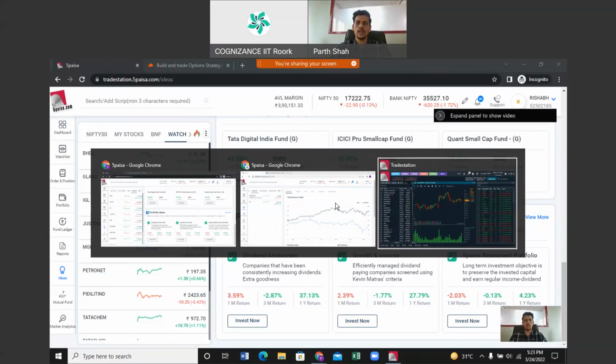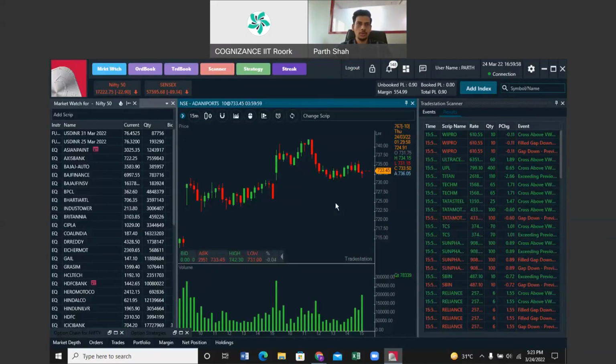I'll quickly make you go through our desktop trading application. This is a more advanced application with respect to the trading. The whole point for developing this particular application was for high-end traders who are trading with very high frequency. This platform is particularly for them, as well as a normal trader can also use this platform. So if you see, the left hand side is the watch list, you can directly search for any option contract, say